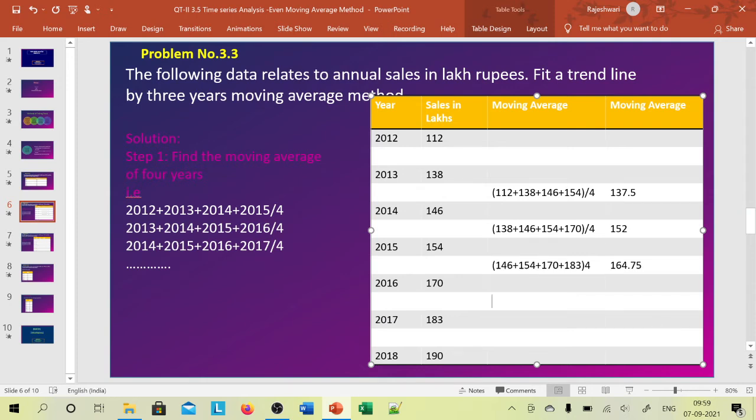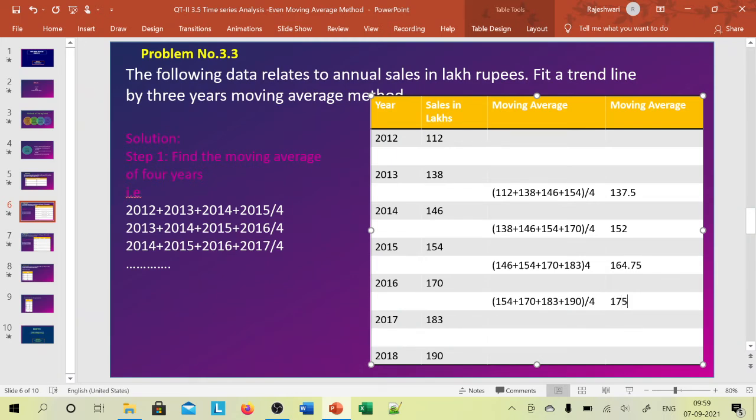And the next group, I should leave 2014 and start from 2015: 2015, 16, 17 and 18. The middle years are 16 and 17, so in between I should write. So I should start from 2015, that is 154 plus 170 plus 183 plus 190, whole divided by 4 years. So the average is